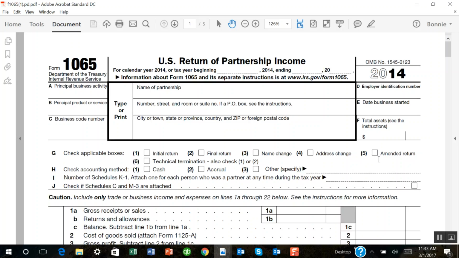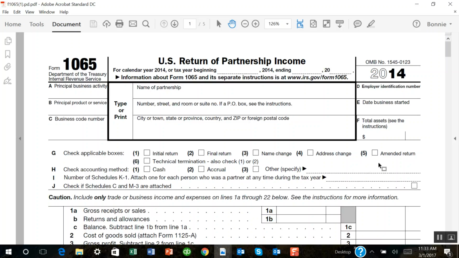An amended return means that you've already filed the original return on or before the original or extended due date, hopefully. Now you're coming back to file an amended return to change something, either because it was an error or you've discovered something better, like maybe you forgot to deduct something, or